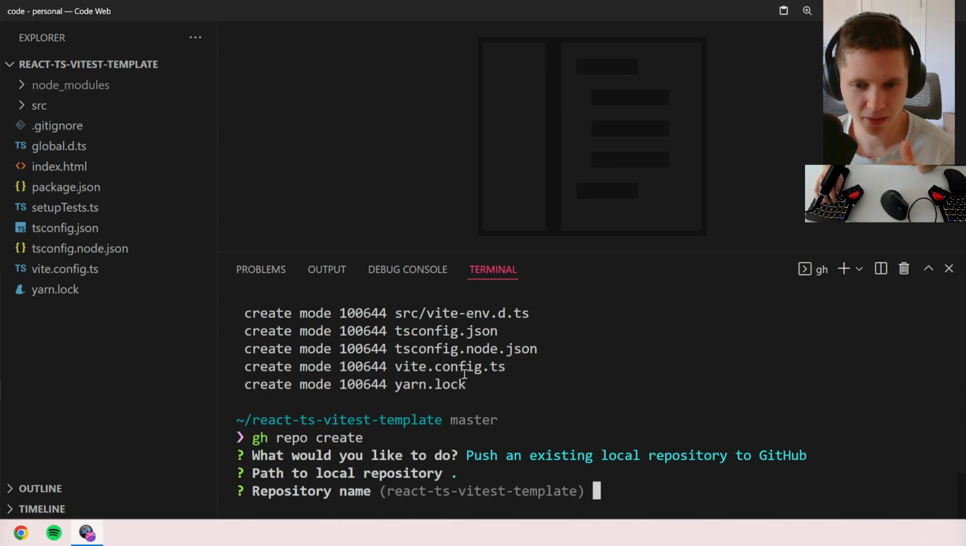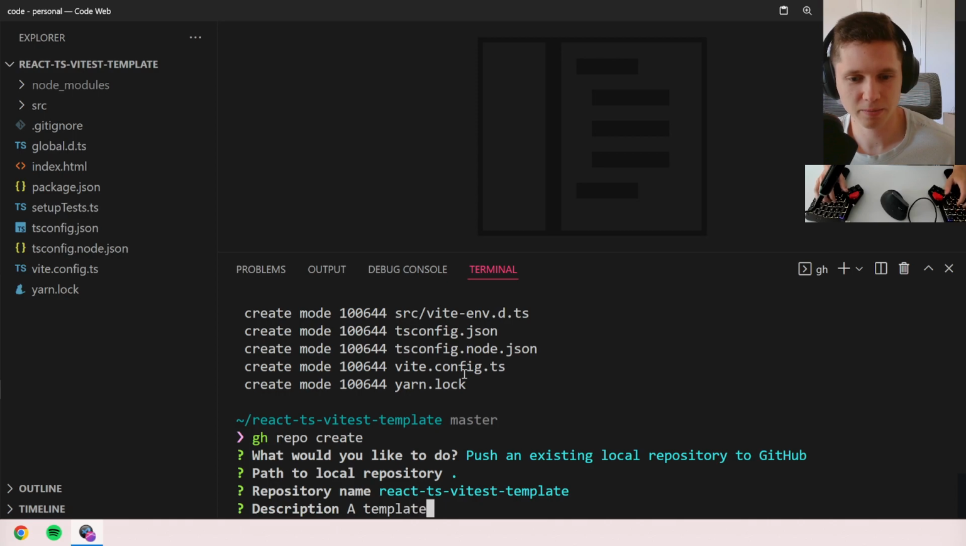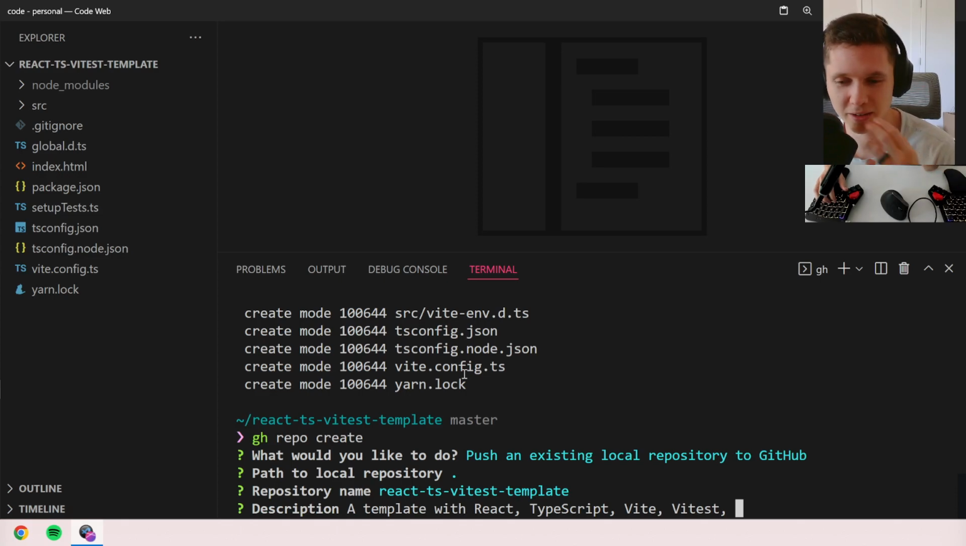This is the path. This is the name. We'll just say a template with React, TypeScript, Vitest. It's funny because my last name is Previte, and it's Previte. So it's a bummer. It's not pronounced Vite, like Previte. Or well, Previte. Sorry, Vet. It's a bummer. It's not pronounced Vet. So Vitest, and then